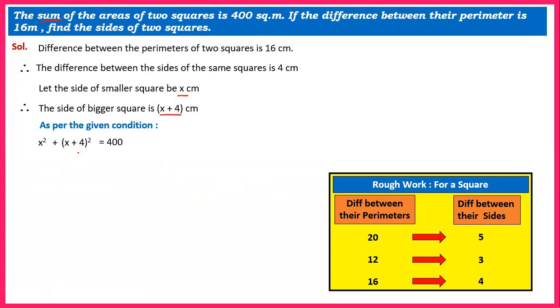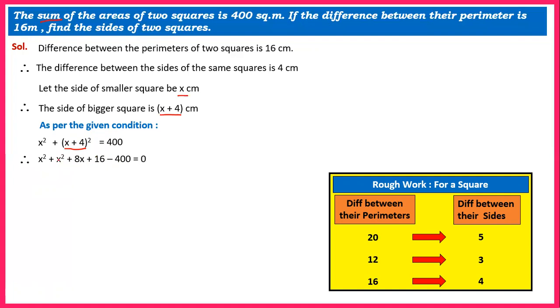As simple as that. Now let us just solve it quickly, since the sum is done. x square will be as it is. Now for x plus 4 the whole square, we will use the formula of a plus b the whole square. a square, that is x square. 2ab will be 2 into x into 4. So 2 into x is 2x, 2x into 4 will be 8x. And 4 square, that will be 16. And plus 400 is shifted here, it becomes minus 400.